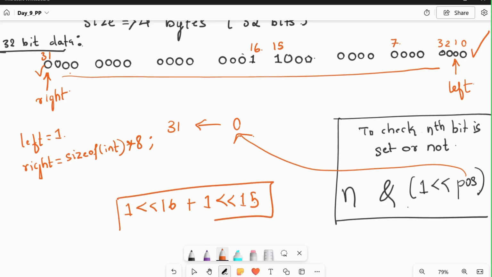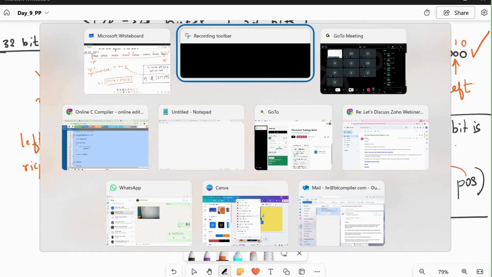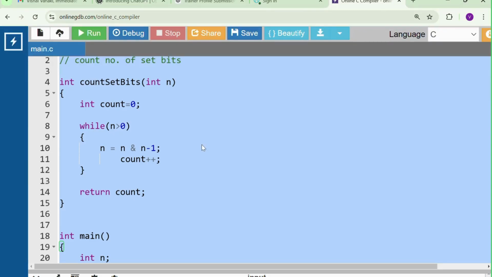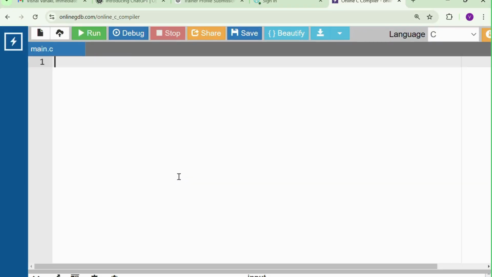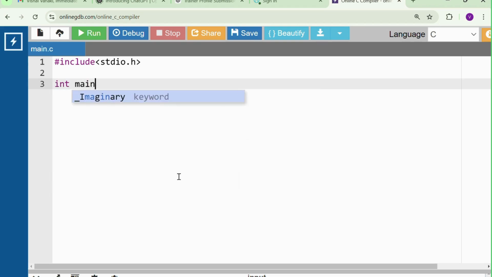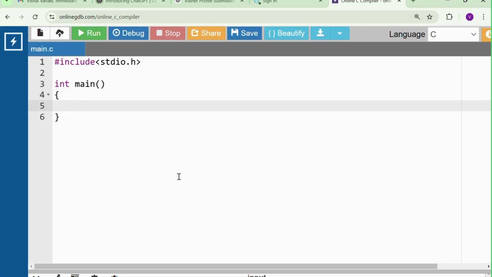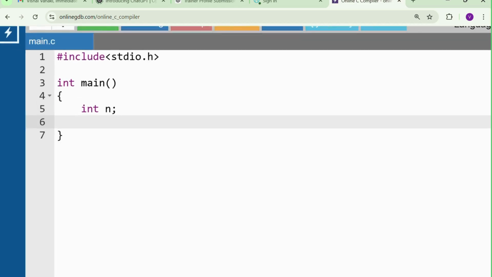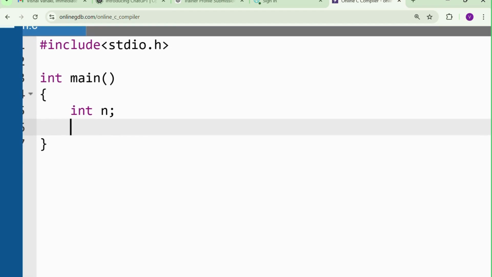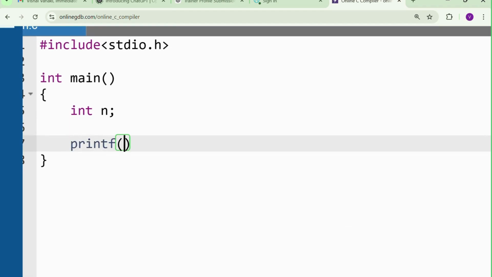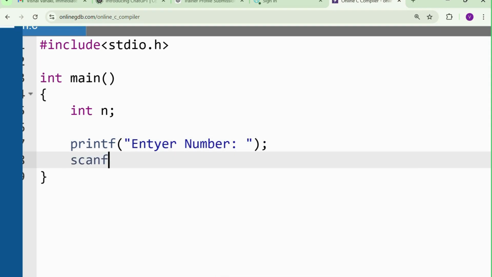This is the n value that we have to give. Let's start working on the example. So here, #include stdio.h, then int main opening bracket. So int n, we need only one number as an input. So printf, enter number. Let's take that number from the user,